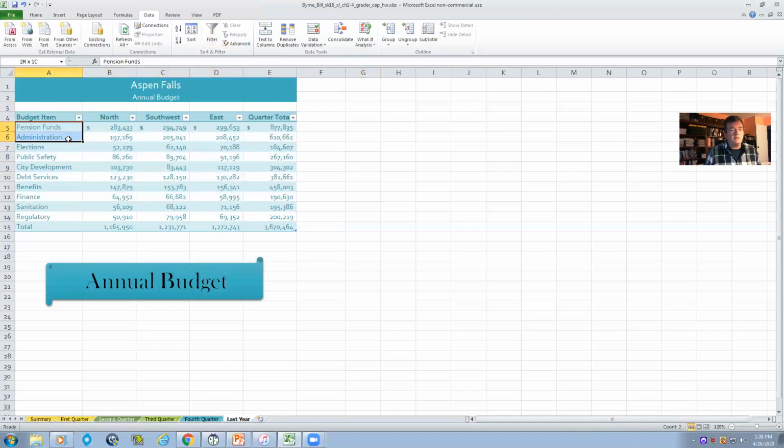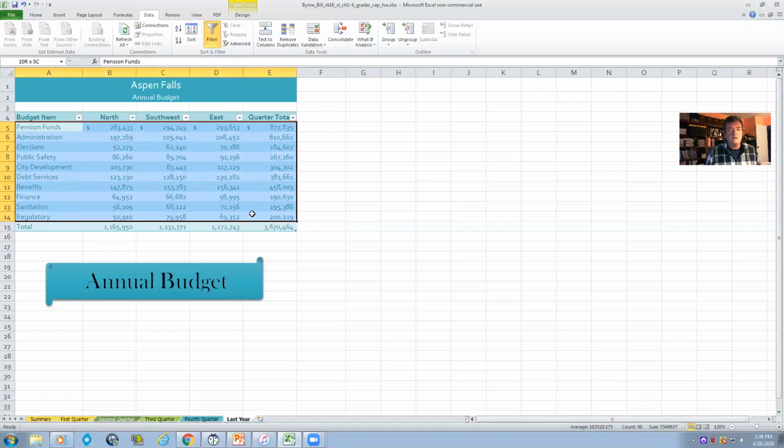So we're going to take the budget items. That's this column. Sort this, but not the totals. And the whole row has to be sorted together. So we're going to sort these in ascending order. So alphabetical order, smallest to largest, right? Okay, so here's what we're going to do. We're going to go to data,